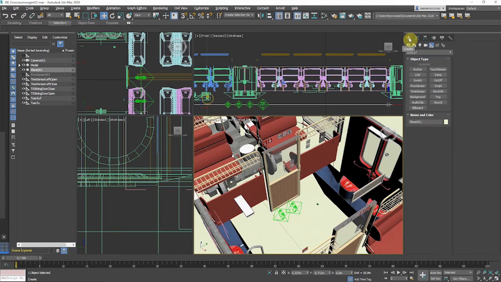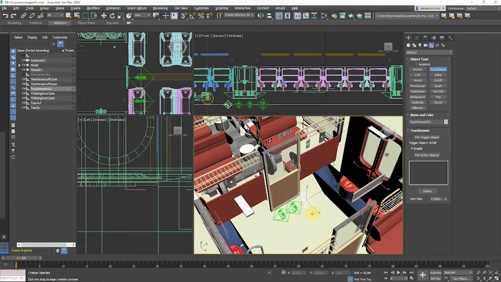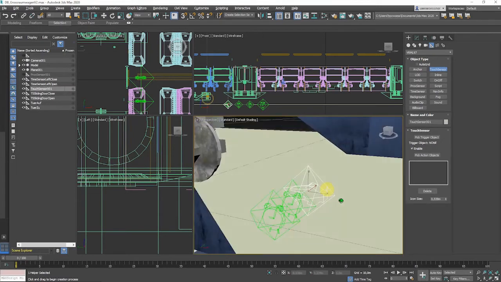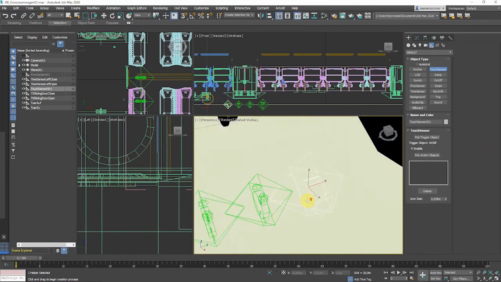Now let's trigger the open animation when we click the door handle. That's easy. So again, you navigate to the Create tab, to Helpers, select Vermal 97 if it's not already selected, and here you can create a touch sensor. Touch sensor is, like every Vermal helper, a little icon which looks like a hand if you have a close look. So this is a touch sensor,